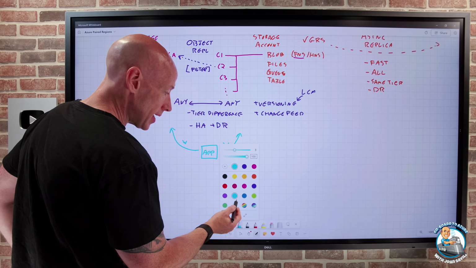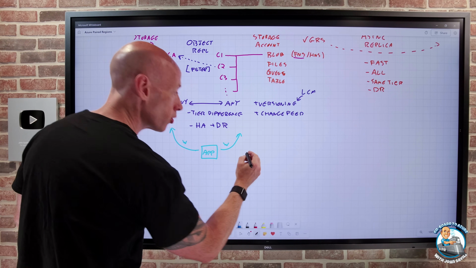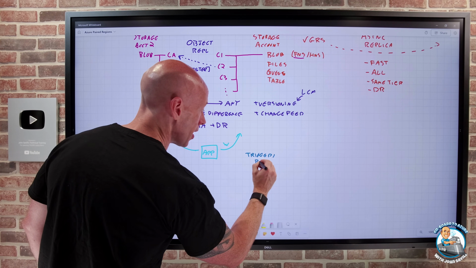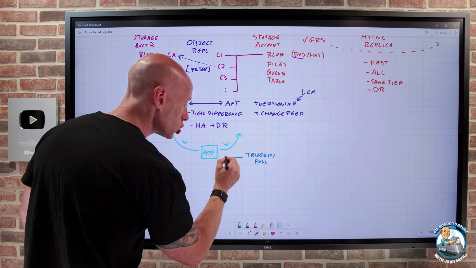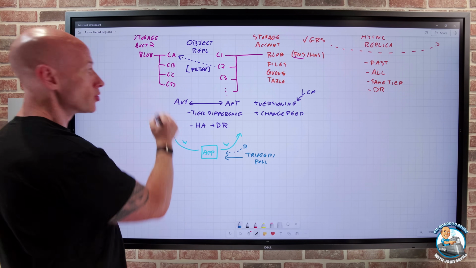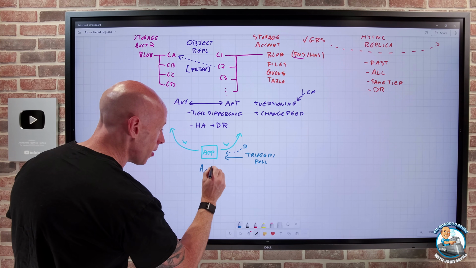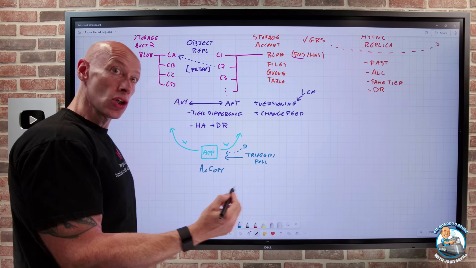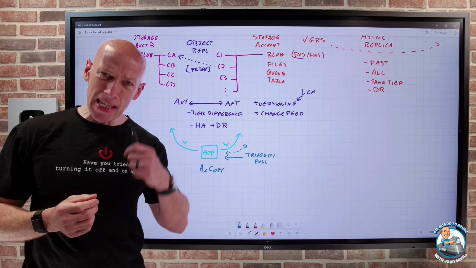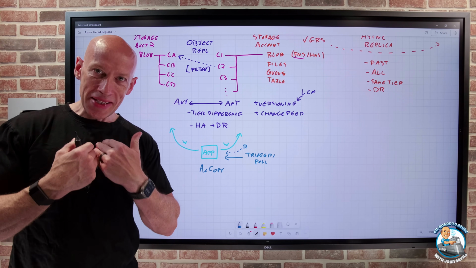Another approach could be, well, I have some trigger, I have an event, or I could poll. And we have things like Event Grid that can help. So maybe it's a trigger, maybe I'm polling, and that triggers the app, which then goes and reads from here and goes and writes it to the other one. So I could write my own. And I could even leverage things like AzCopy. AzCopy could be used to, hey, copy content from here to some other storage account. Anything can be solved. Depends how much ownership you want to take on of that